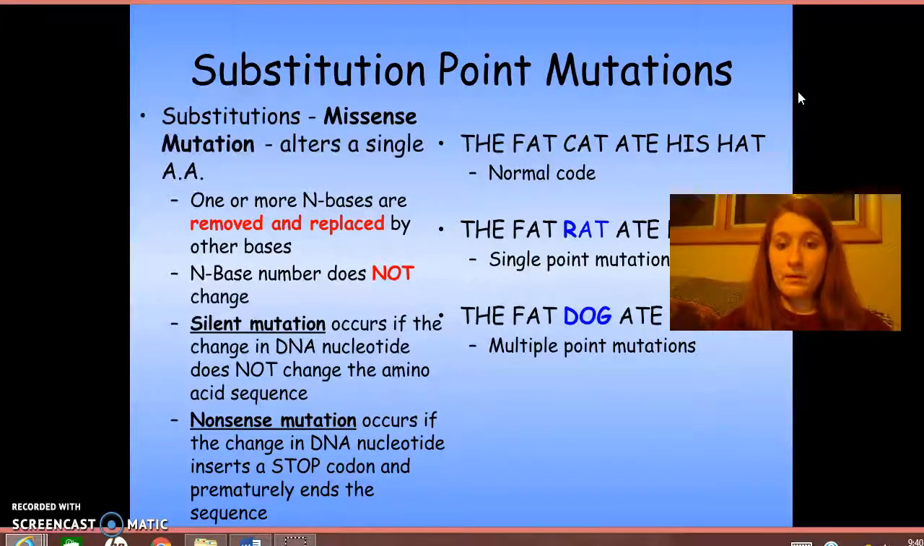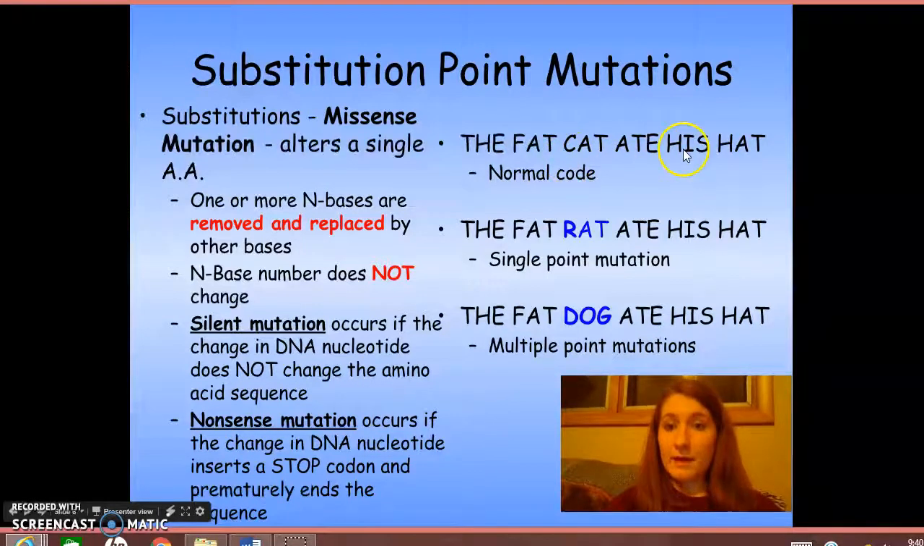So the protein would be stopped early because the stop codon would be inserted, which would lead to more problems such as function of the cell. And yeah, so if you look up here at this sentence,